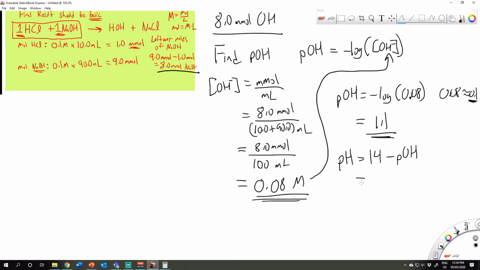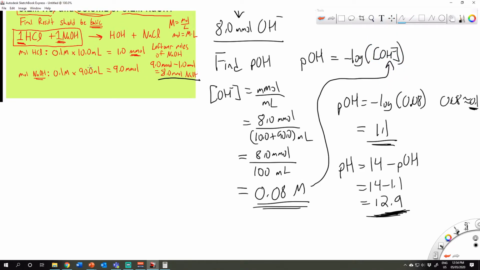So it's going to be 14 minus 1.1 for a total pH of 12.9. There you go. Final answer, 12.9. Which again doesn't contradict what we originally thought about the solution, because based on our reading of the problem, the final solution should be basic. We did the calculations to show that we did have a lot of excess hydroxide, so it should be a